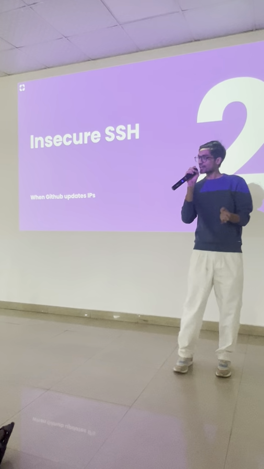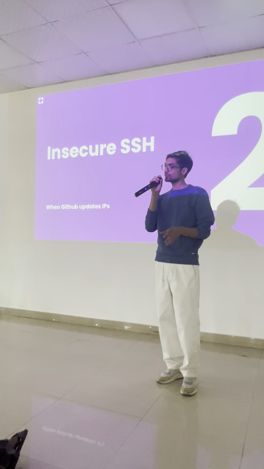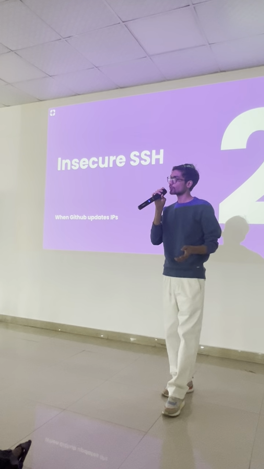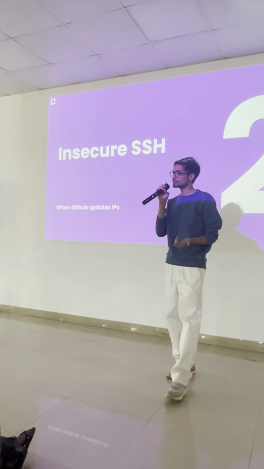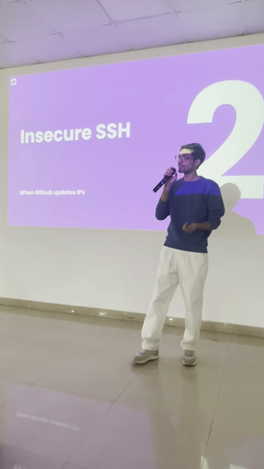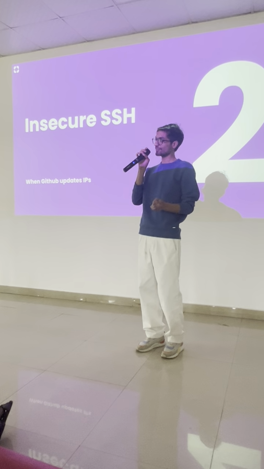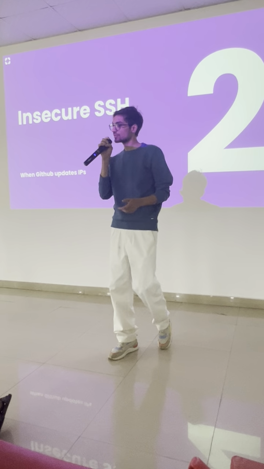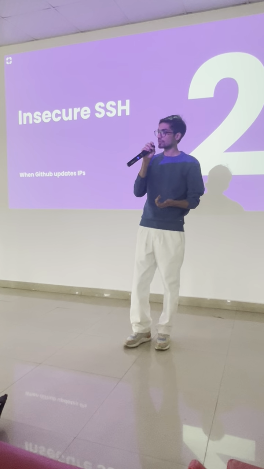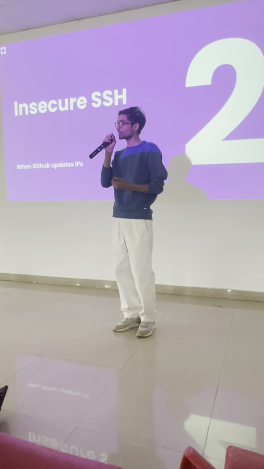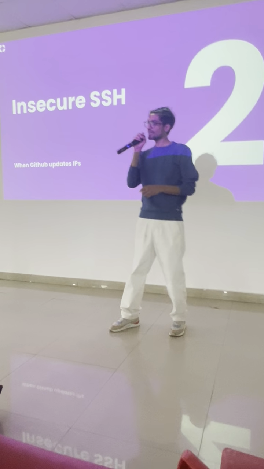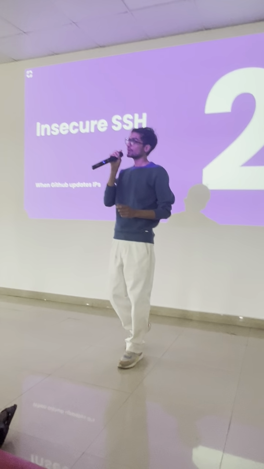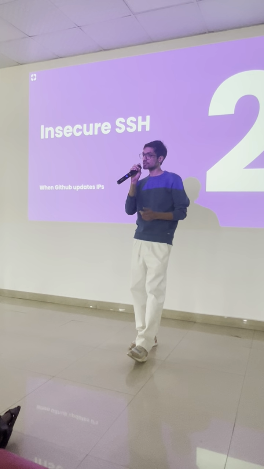I'll slightly deviate from it. So whenever we do an SSH from our local to any VM, it prompts us if we want to save the IP to our known hosts, right? So that's where we press Y and it just saves the host as a known host, and we are good to go, right? So apparently our built-in agent VMs were also configured with the SSH configuration